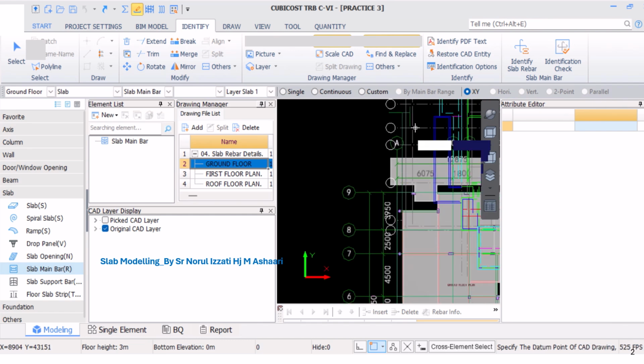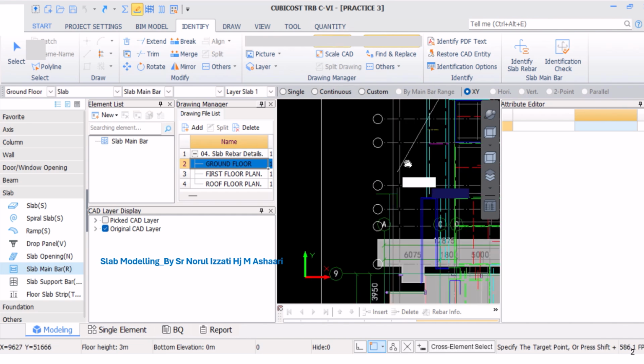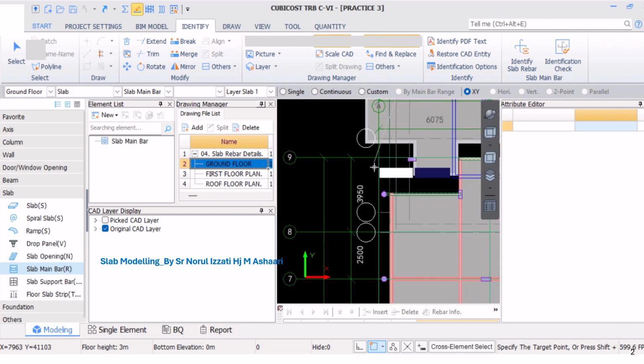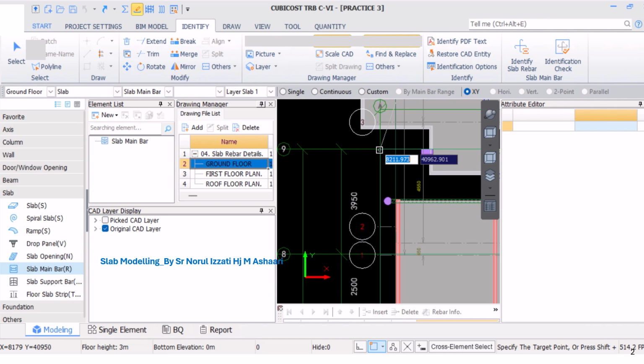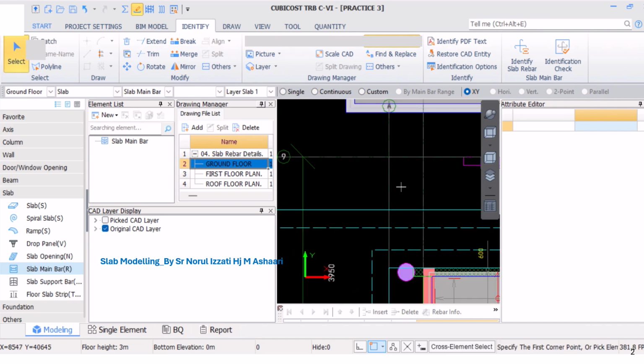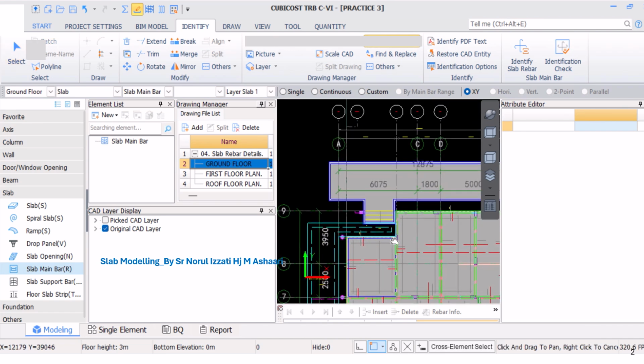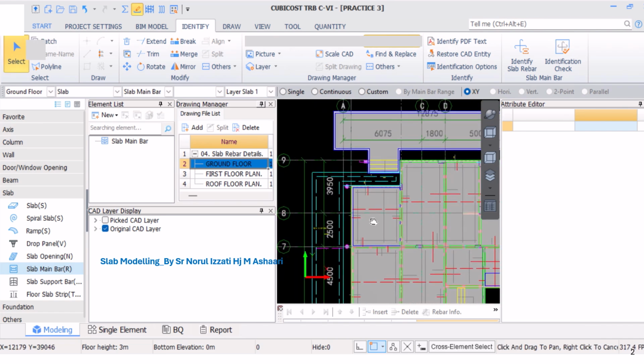So let's try again. This is the original. Then make sure you relocate to the new axis. So you can see the arrangement of the slab already there. This is the slab.